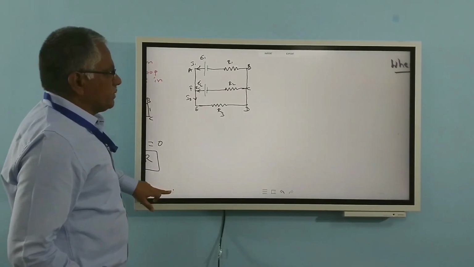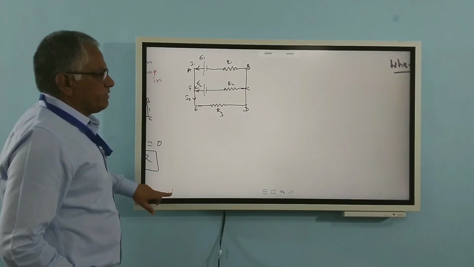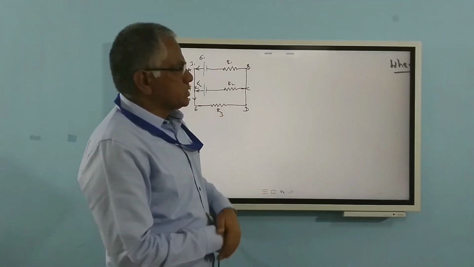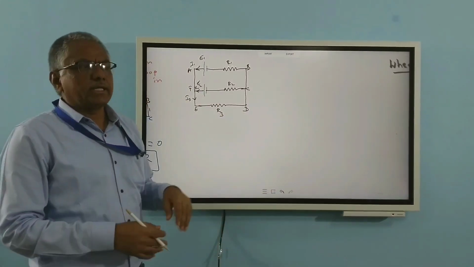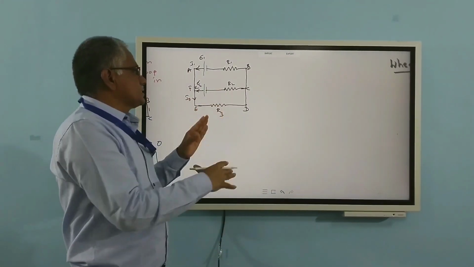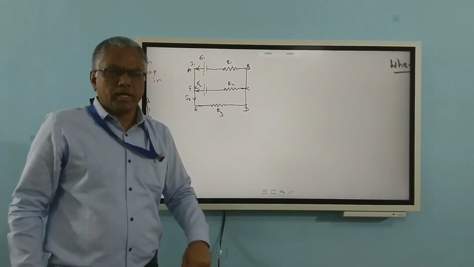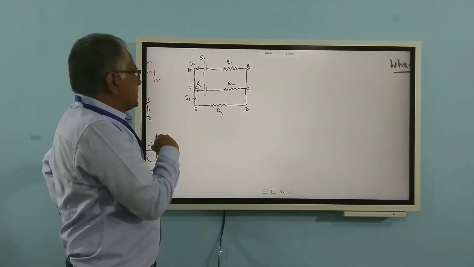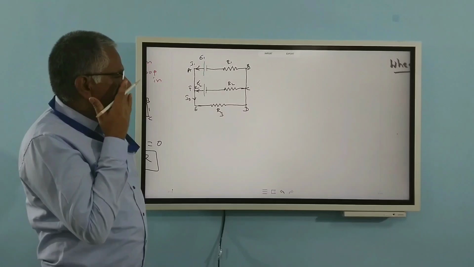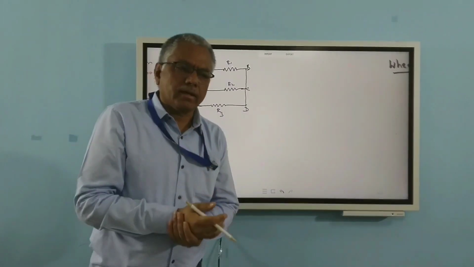Here, where more number of cells are there. Before, we had only one cell. Let us see here, 2 cells are there and 2 loops are there. Like that, many loops and many cells in a circuit also we are going to have in the advanced stage. Here now, let us see again. We can apply both laws here, the first law and the second law.